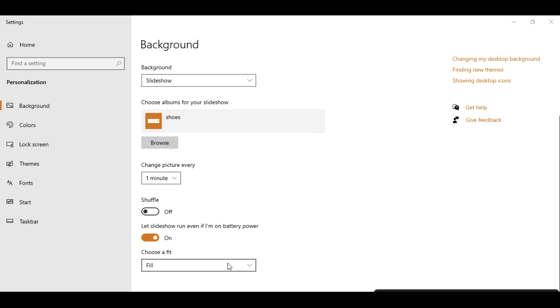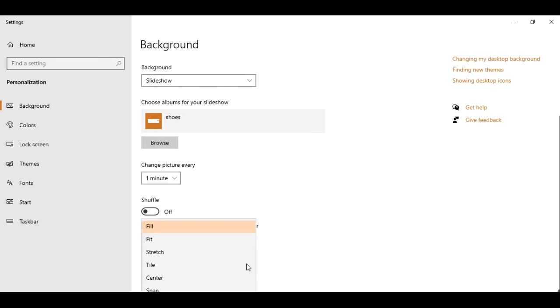Now we'll come down and see how to choose the fit. What happens if you select Fill? Whatever the size of your image is, it will cover the whole screen and appear across all of your screen. Fit is different.